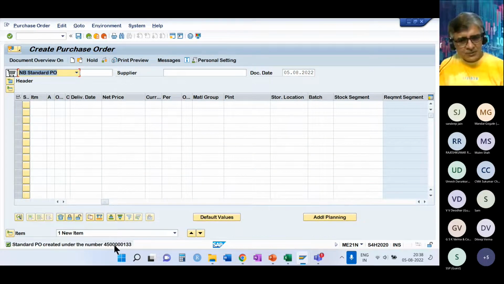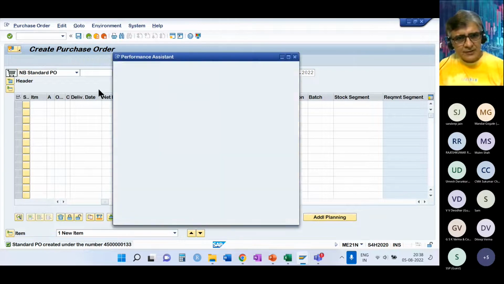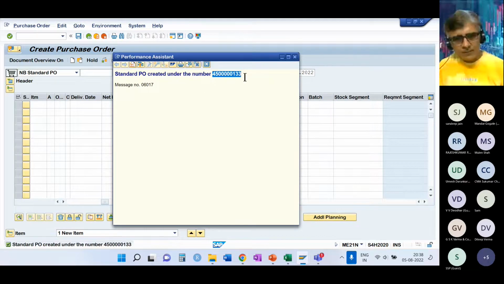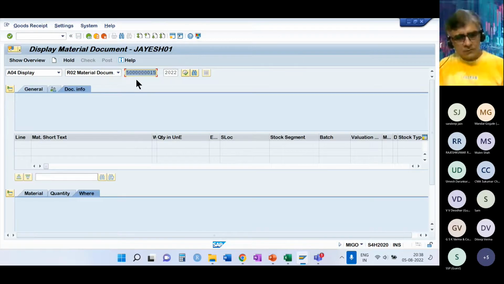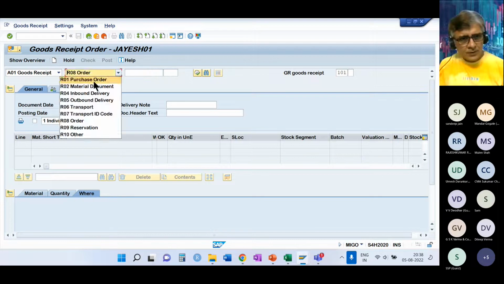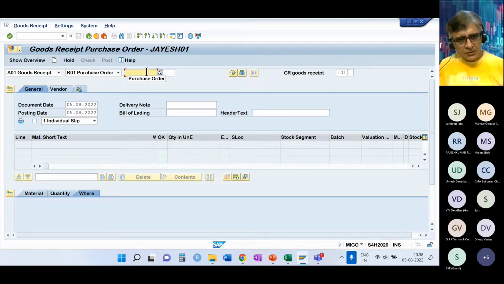Okay, the purchase order number is 45133. So I'll do again the MIGO. Take the purchase order.